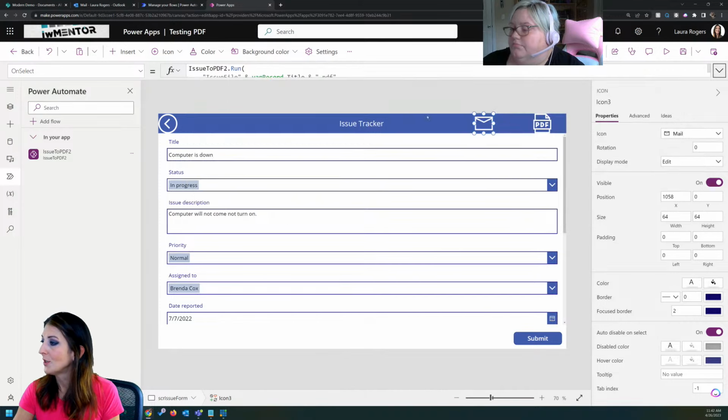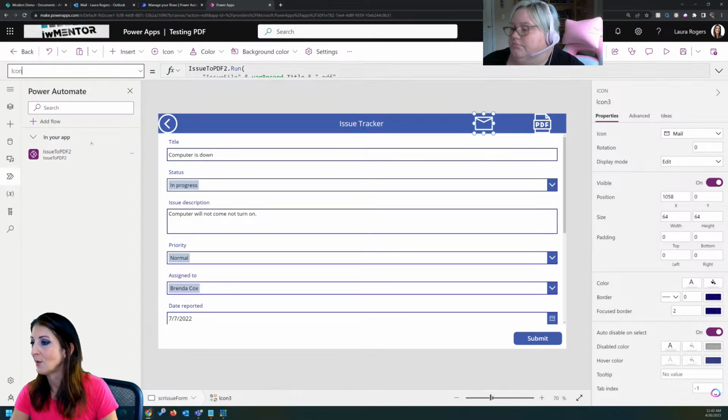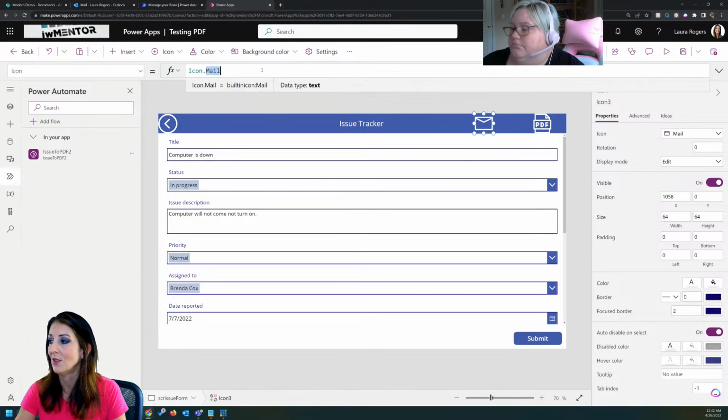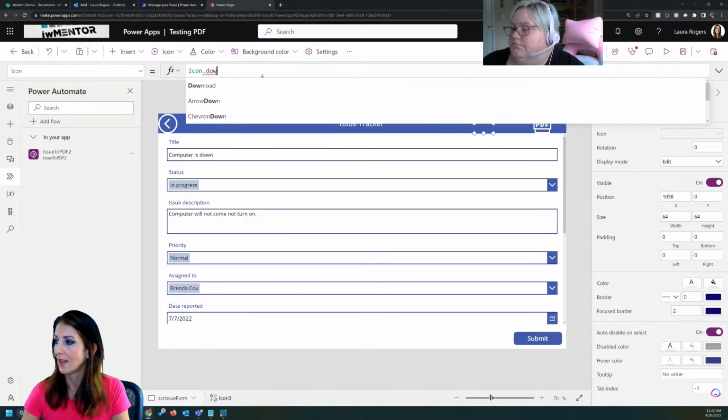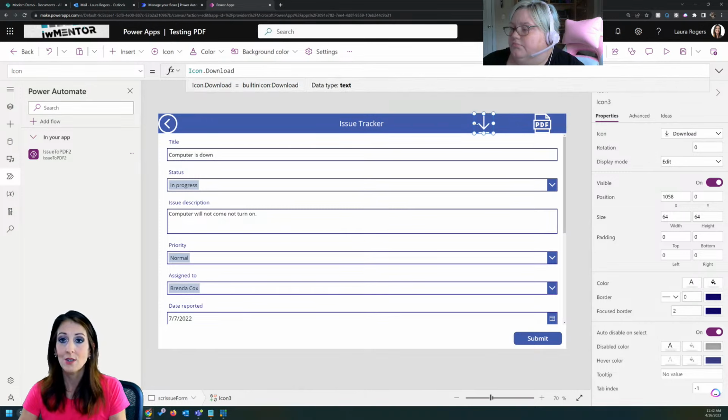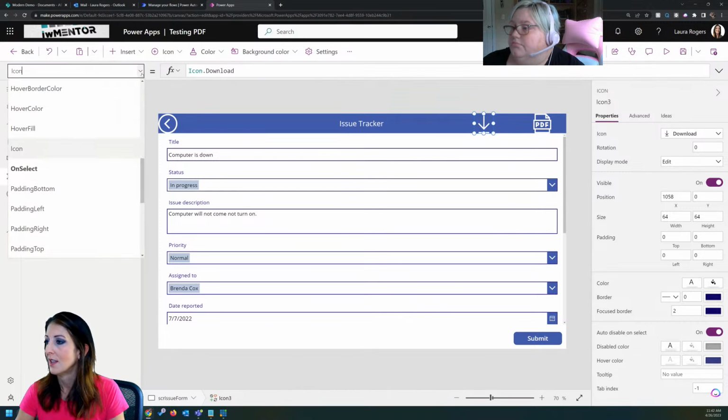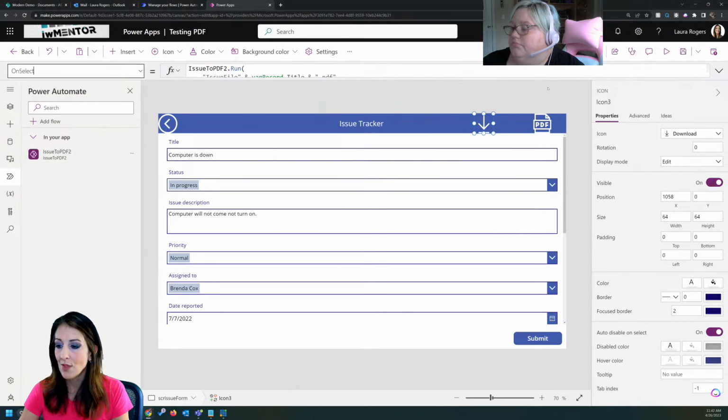Oh, you know what? I should change that icon. I was confusing myself with the icons that I used. I'll do my icon.download. Yeah. So then it looks like I'm getting that file, right? It just makes more sense. So then in my on select for that one,